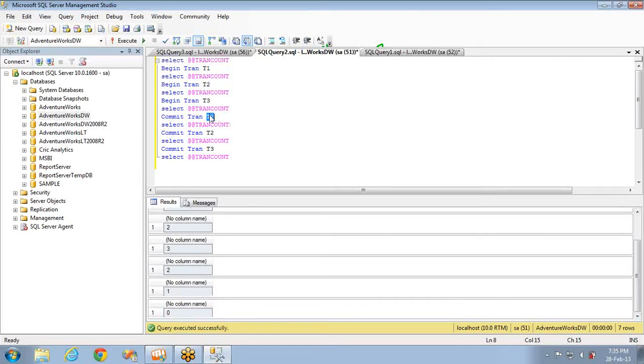The thing is, irrespective of the name, as I told you, it always commits the innermost transaction, and then the next outermost, then the next outermost, like that it follows. It is not like if you give T1 it will commit everything and it will throw an error, something like that. It won't happen. It will commit the innermost one. Okay, now this is about the committing part.